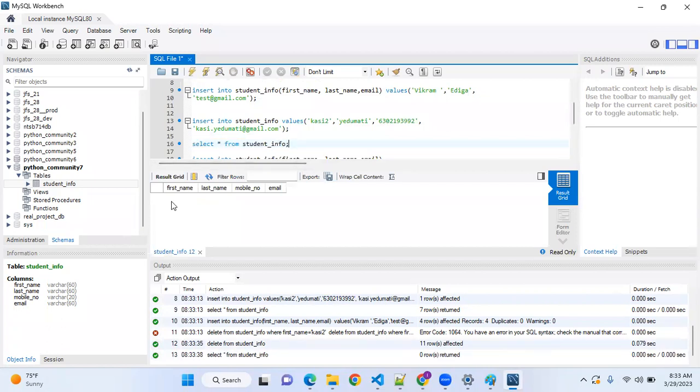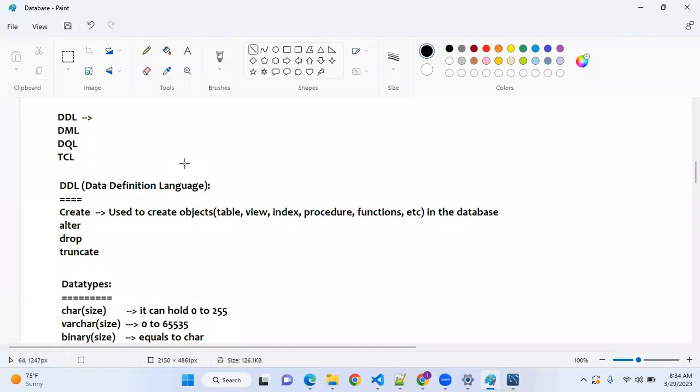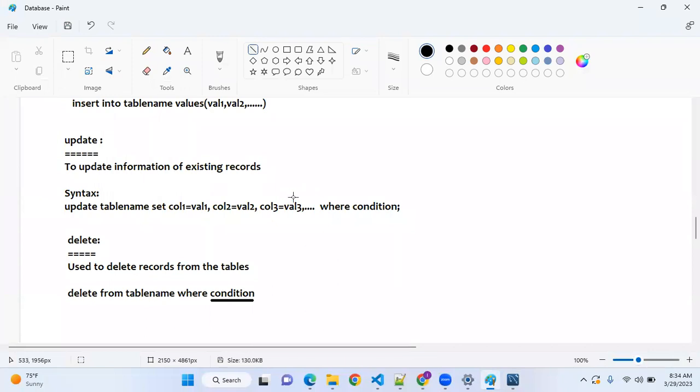After insert, update, delete, we'll discuss the select query tomorrow, which is a very, very big query with a lot of examples. Then we'll go for the constraints and then joins, which are very important concepts. And the remaining DQL and DDL queries, the alter command, there are multiple commands. We'll discuss all of them: alter, drop, truncate, and TCL, DQL queries also. I hope you are good and I hope you understood the concept.